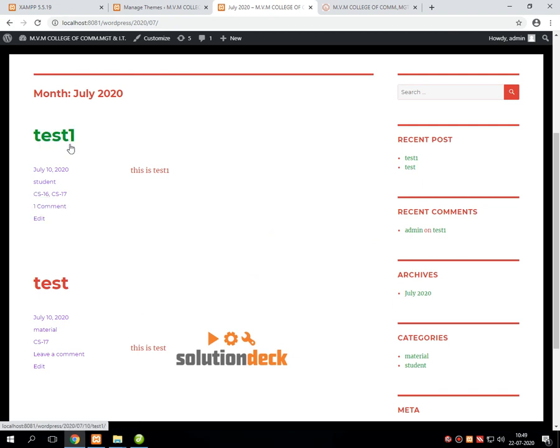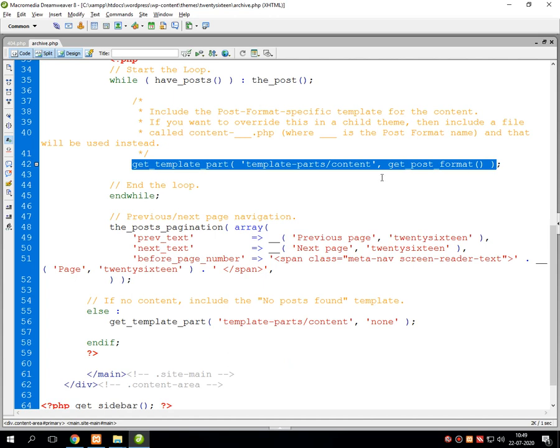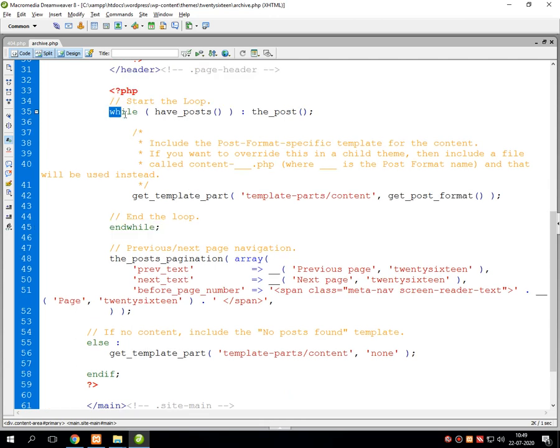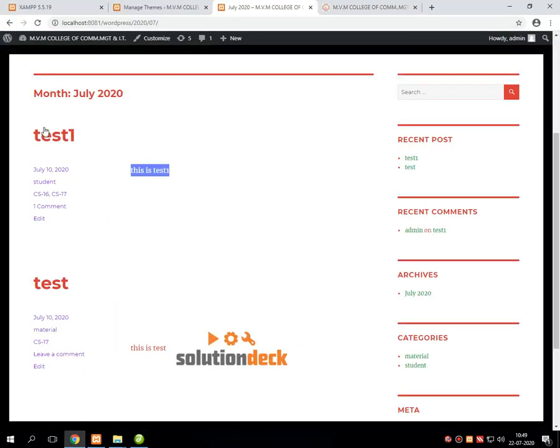In the format of the post, what we are generally getting is the date the post was created, by whom this particular post was created, what the text is, whether any comments were given on that particular post. You can directly edit that particular post as an administrator, and the description of the post. So that would be displayed using this particular option. And at last, the while loop that we started ends here. So this repetition works for all the posts existing in WordPress.